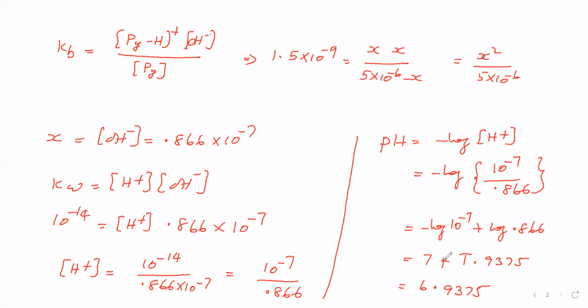So the equilibrium constant for that, Kb, is equal to the concentration of pyridinium ion times the concentration of OH minus ion, not H plus, divided by the concentration of pyridine at equilibrium. Let us substitute